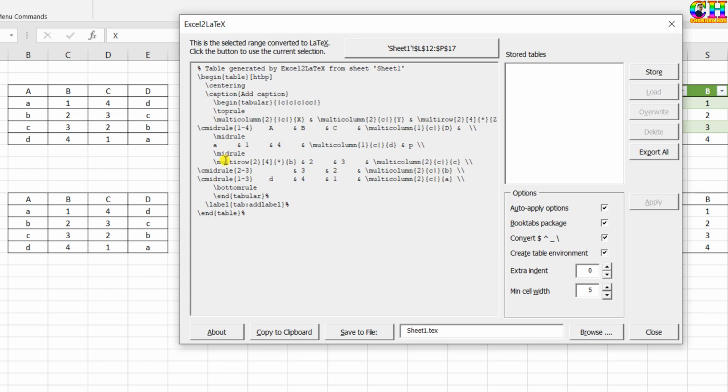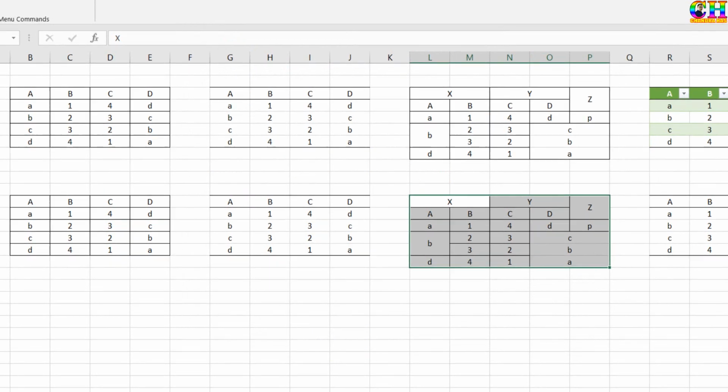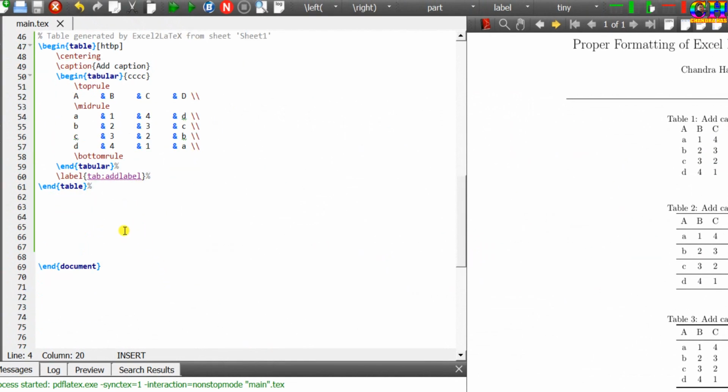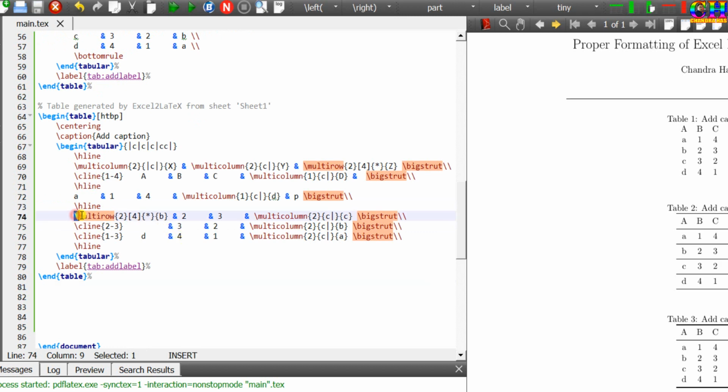For this table, I don't want to use the top rule, mid rule and bottom rule commands. Rather, I want to use hline and cline. For this, we need to uncheck the booktabs package. Since we are using the multirow command, we need to load the multirow package.